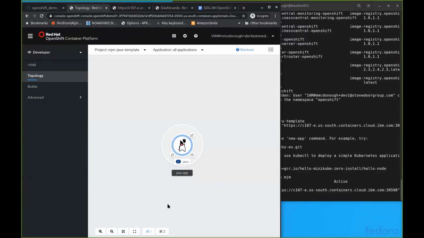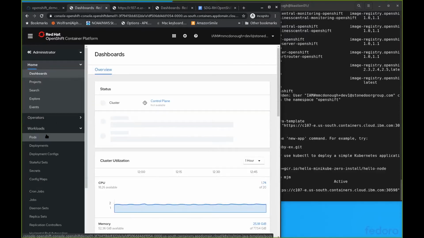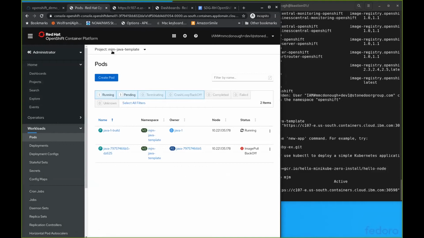In this case, a Java application. It basically proves out, shows us that our account is working correctly and that everything's set up. So if we come back here, go to workloads, go to pods, Java, make sure our project is set to Java template. Notice now we have Java build. This is running,